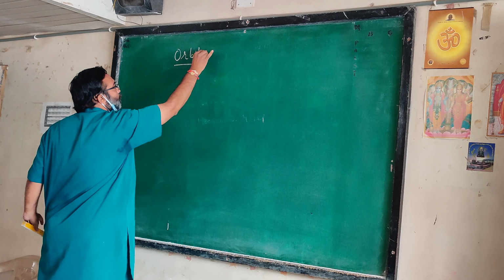So we can say that circular path around nucleus where electron moves continuously is called orbit. This is orbit. We can say it is termed as